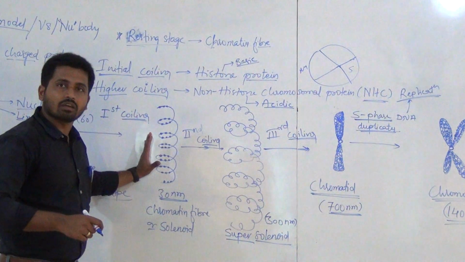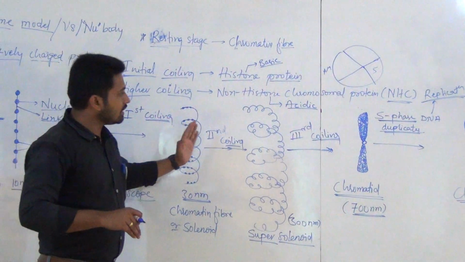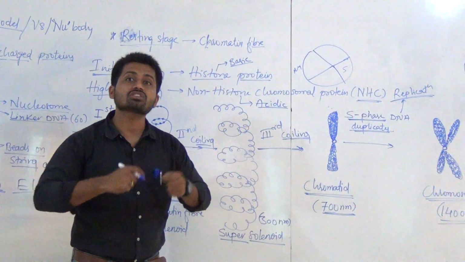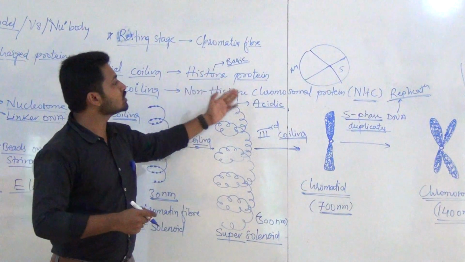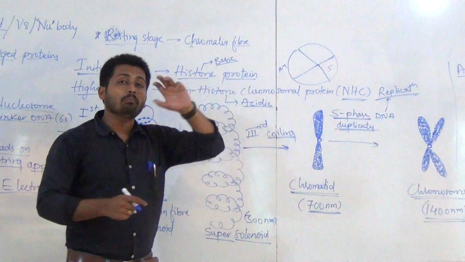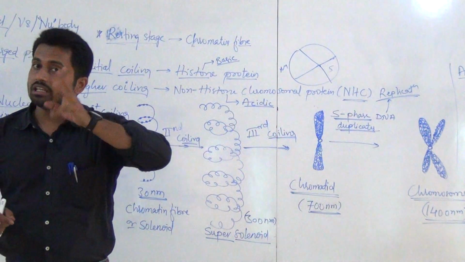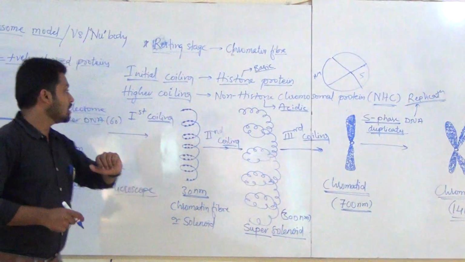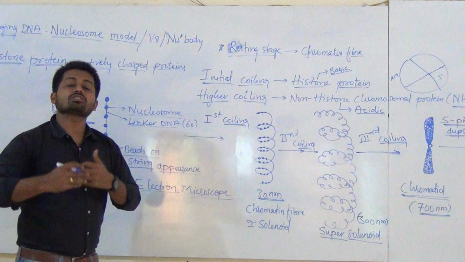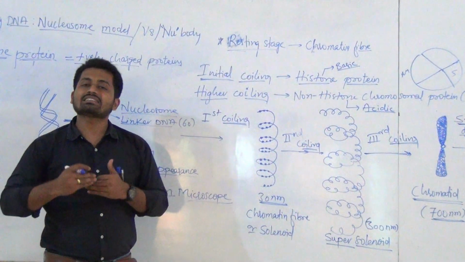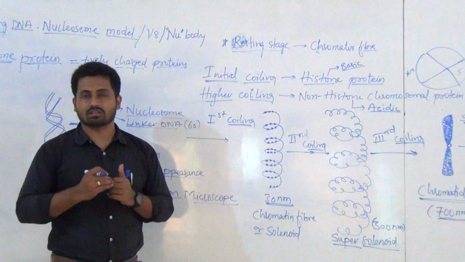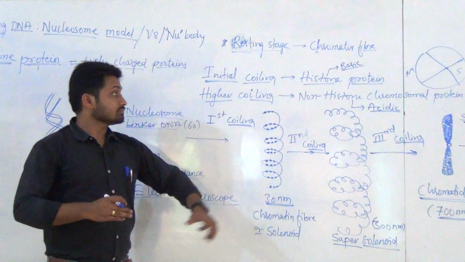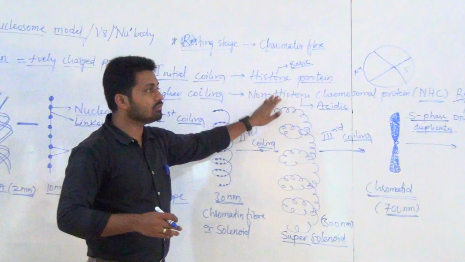So this is how DNA is going to pack into a small nucleus finally. Chromatin fiber is DNA in resting stage, and after that during division, DNA again gets highly condensed with the help of non-histone chromosomal protein. The main principle behind this is that histone protein is positively charged, due to positively charged amino acids like arginine, lysine, histidine, which are basic. That is an important thing.